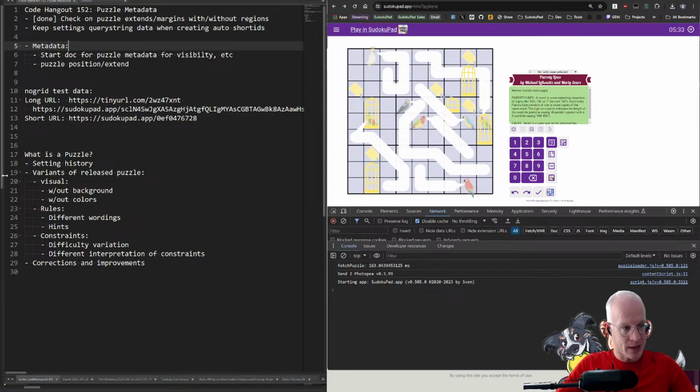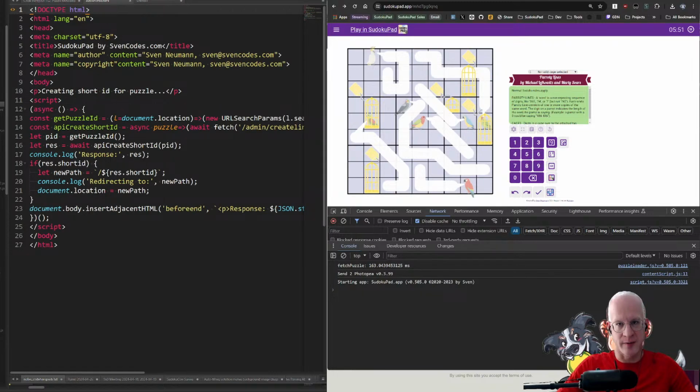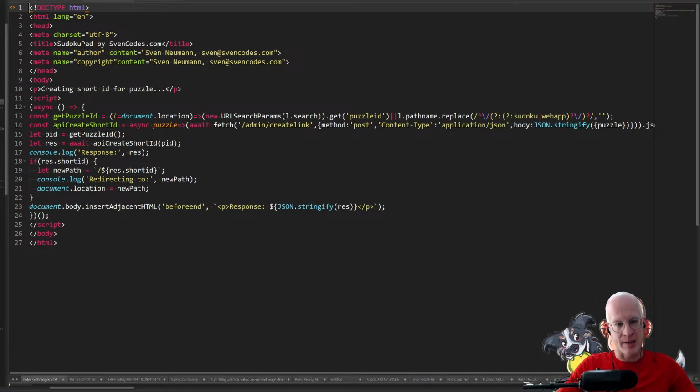So to get around that, when you hit a long URL, I cannot trust the data that arrives at the server. So what happens is it actually round trips you back to the client, sends you to this file, auto short ID, this little HTML file, right? Where it now makes the API request, where it does maintain the quality of the data, right? But what comes back, it just redirects to, and it does not maintain the query string data. So